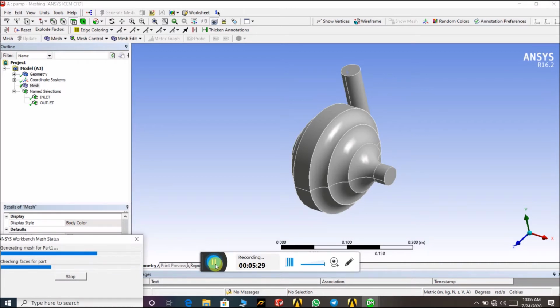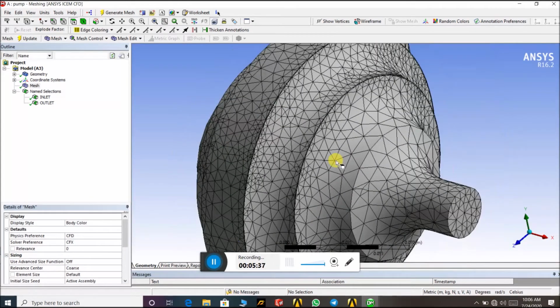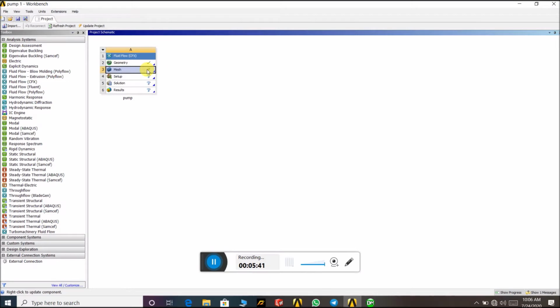If we provide the proximity and curvature method for the meshing, it takes very long. Okay, the meshing is done. Here you can also update, right click on the mesh and update. Our update is done, then go for the setup.